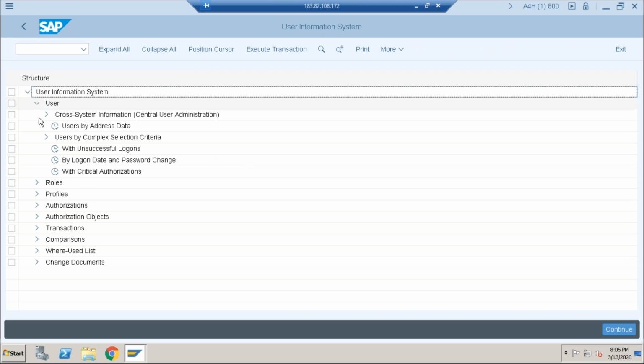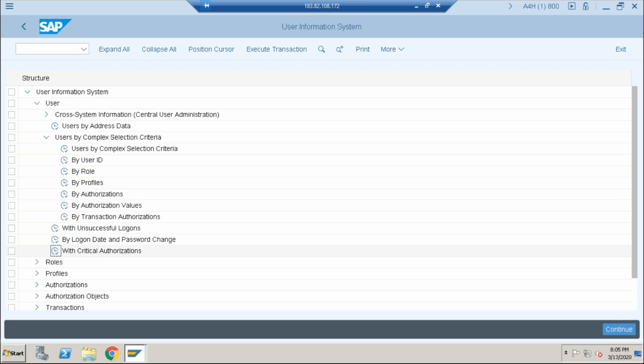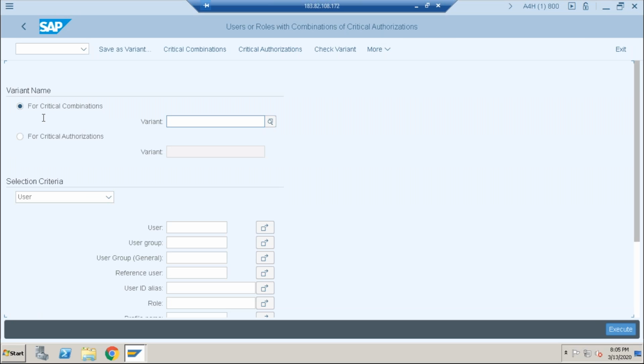Go for User, User by Complex Criteria, with the critical authorization. Critical authorizations and the critical combination. Select the critical combination.